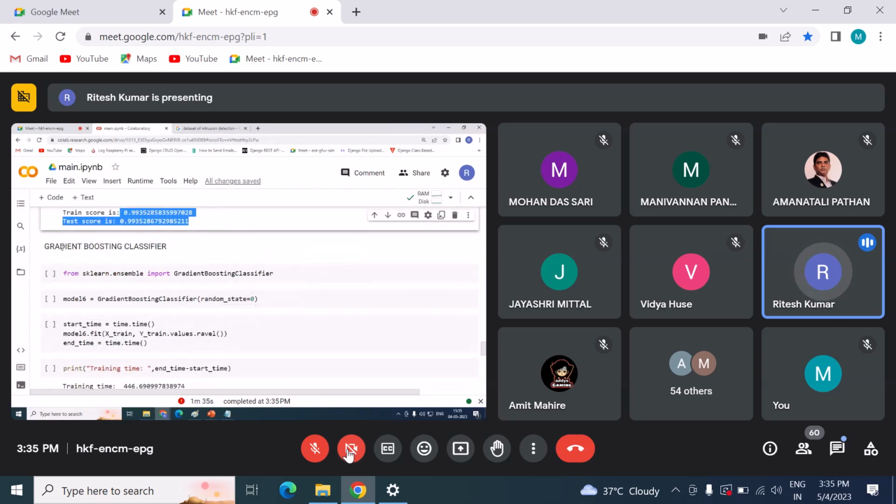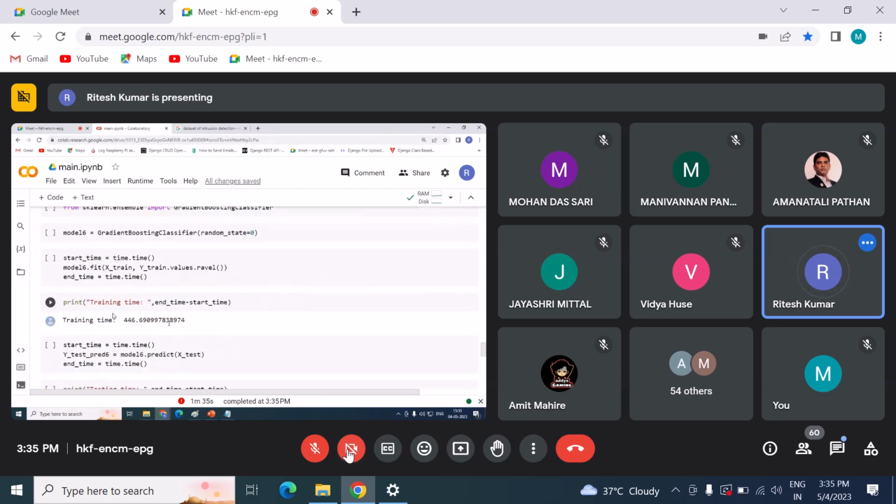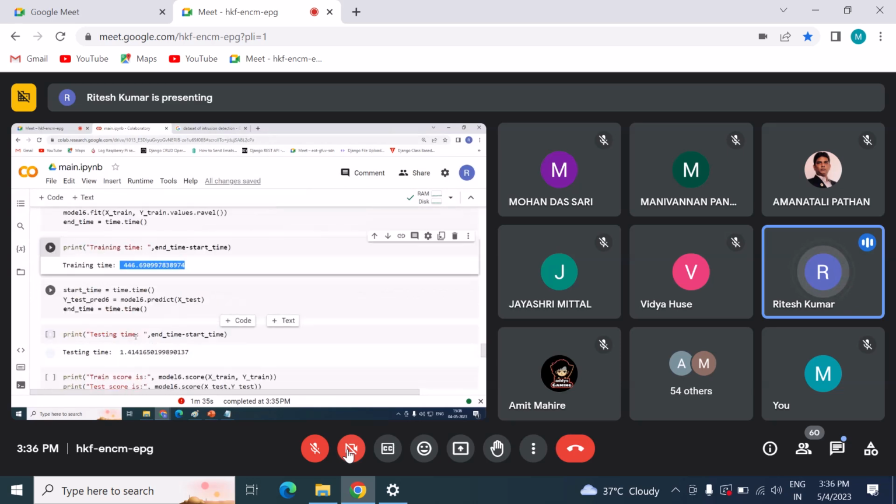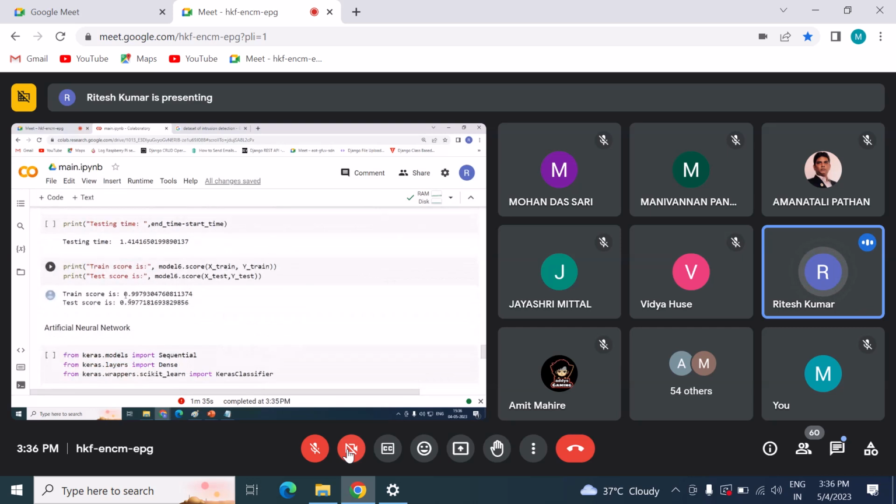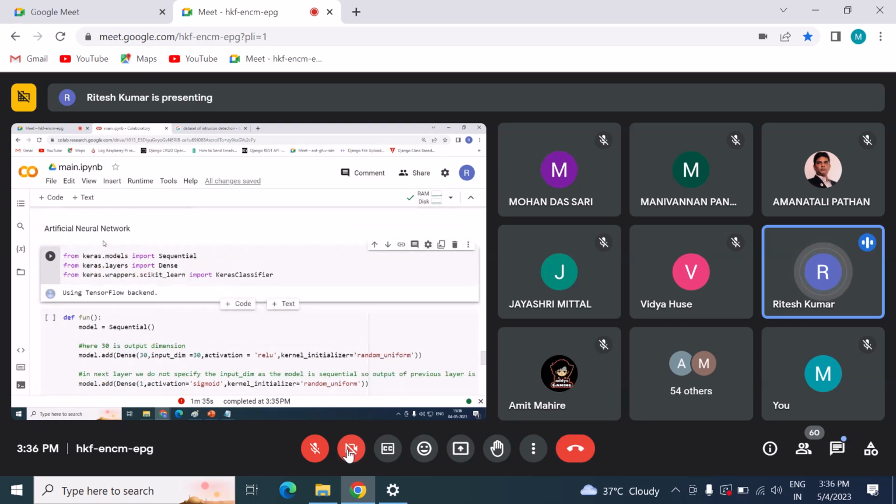There is one more, the gradient boosting classifier, that is taking lots of time. So actually, this time basically gives you how much data you do have and which model you will have to select for doing this, right? So first you need to check the training, and this is the artificial neural network, which again will take lots of time because here we are taking